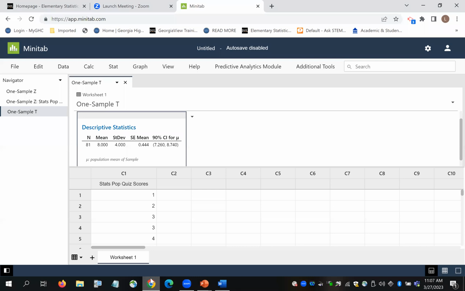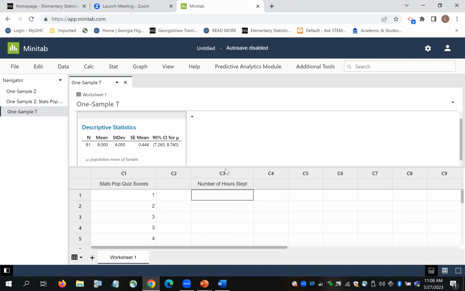Okay, so I'm going out to Minitab, and I'm going to put in, what are these values? These are hours slept, number of hours slept. And I'm going to enter that data. So we have